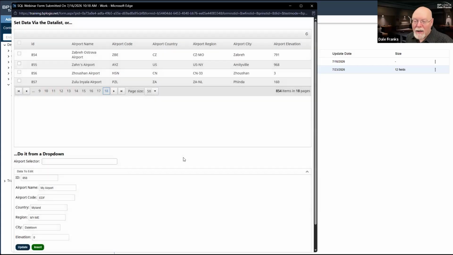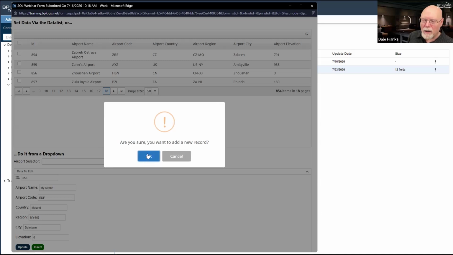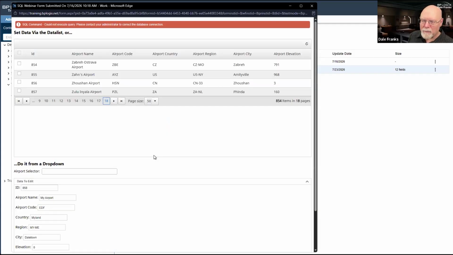Now, if I hit cancel, nothing is going to happen. So that's the nice thing about the confirmation. If I hit cancel, the operation does not occur. The operation only occurs when I click the OK button, which is colored blue.